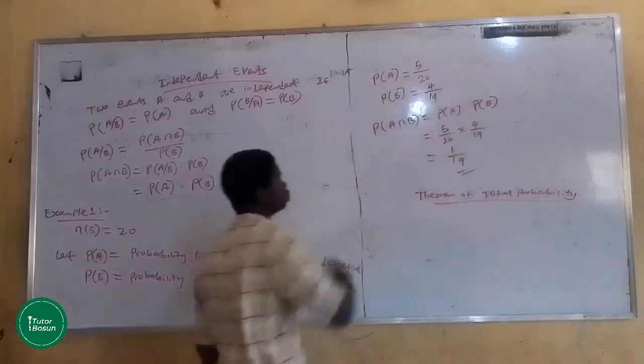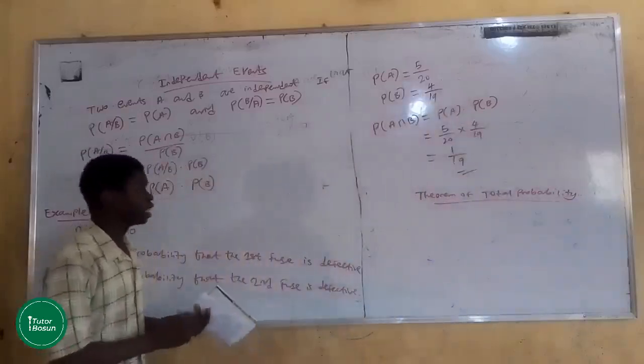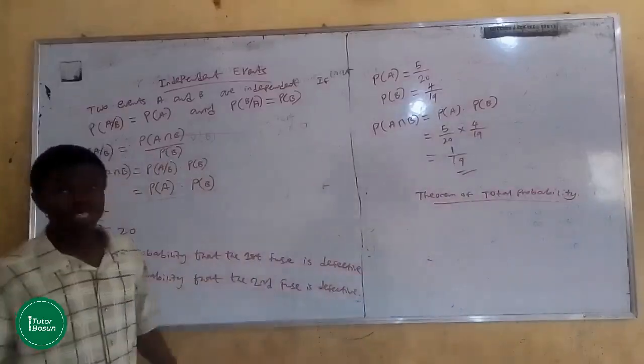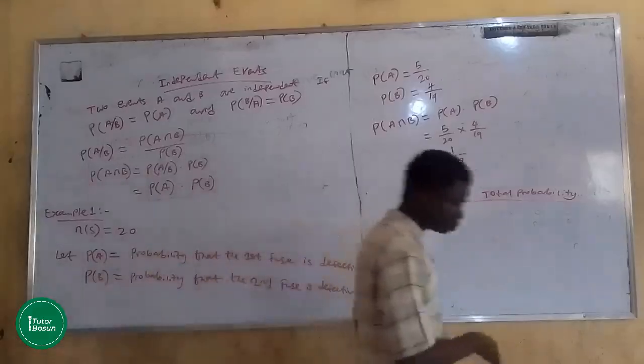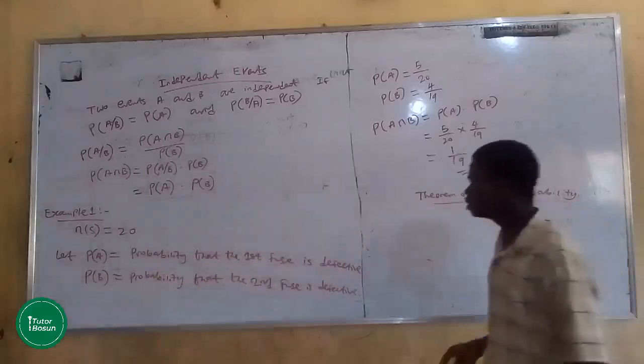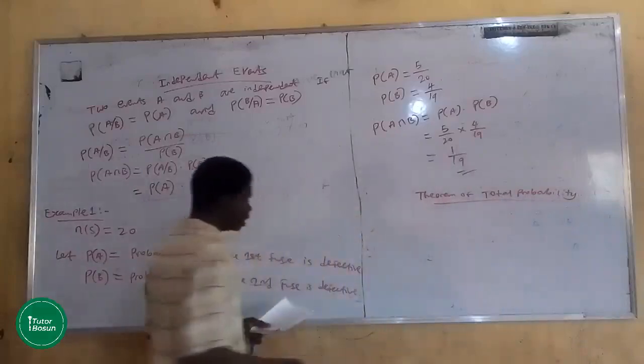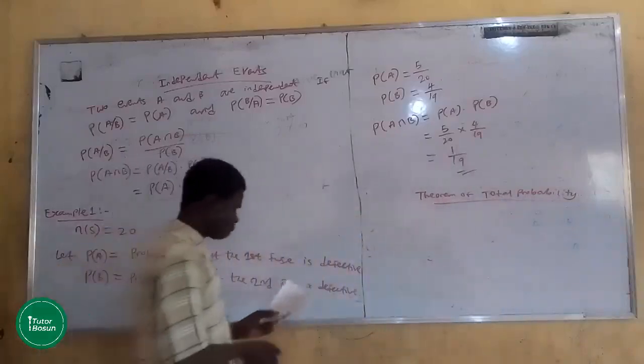With this first example, we should be able to tackle any question regarding the aspect of independent events, since we've understood the concept. So the theorem of total probability, what does it say? It says if event